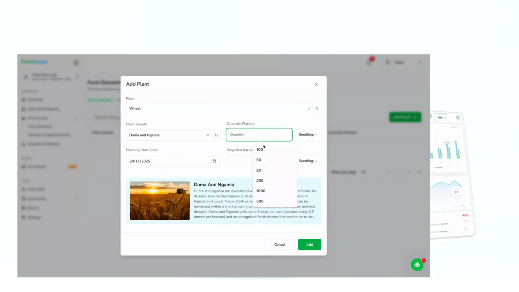So let's see. We can select the variety and the quantity. Since the last webinar, we can now have more units of measurement after you've indicated the quantity. So if you've indicated you planted 100 seedlings, and this can be